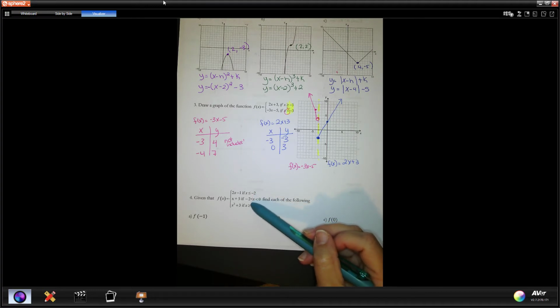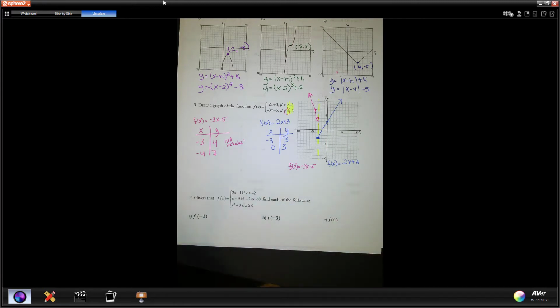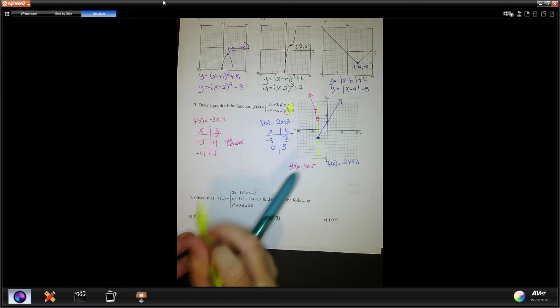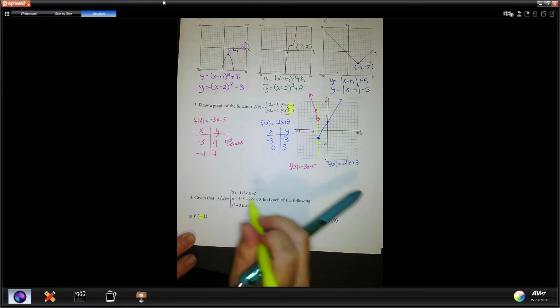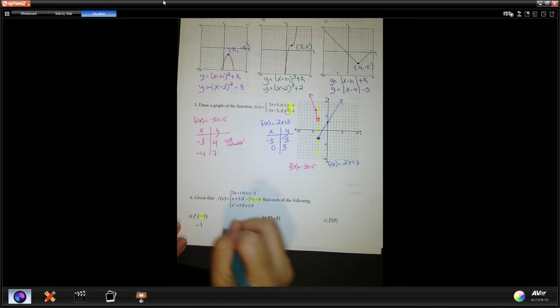Is it between negative 2 and 0? Or is it greater than or equal to 0? So we're going to find f of negative 1 happens to fall in that range. So then what we're going to do, f of negative 1, so we're going to go negative 1 plus 5